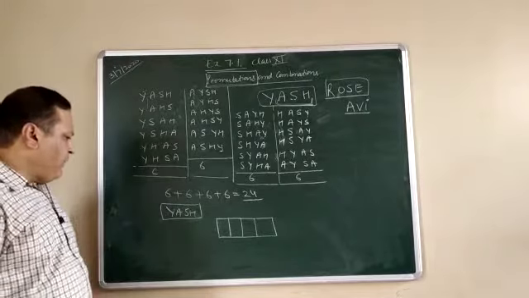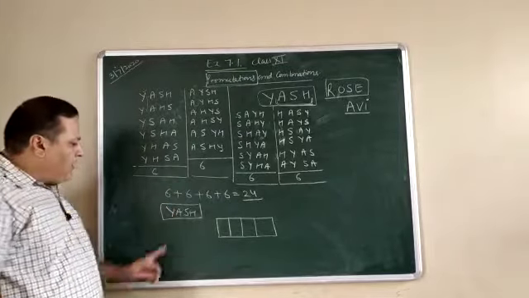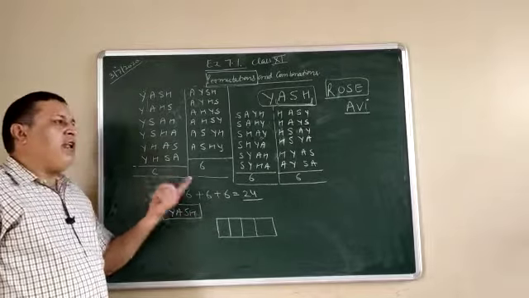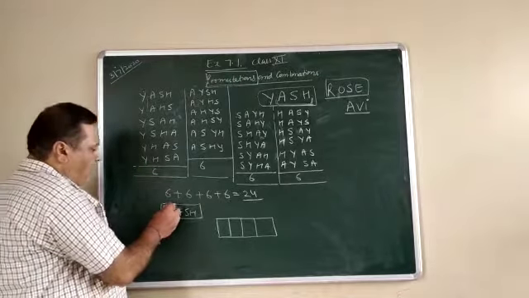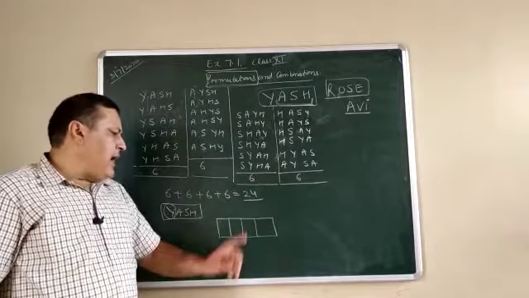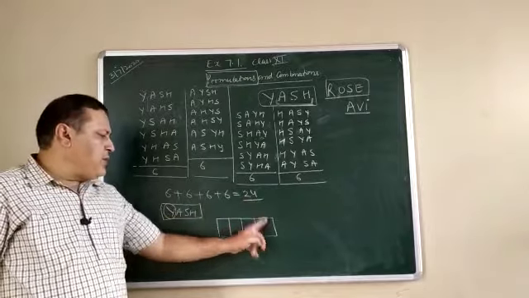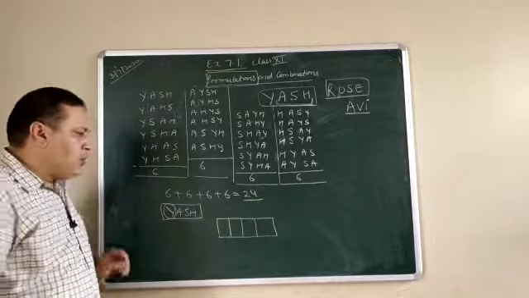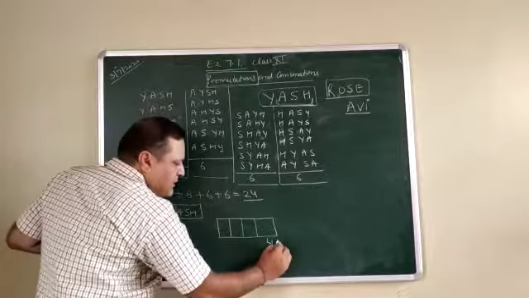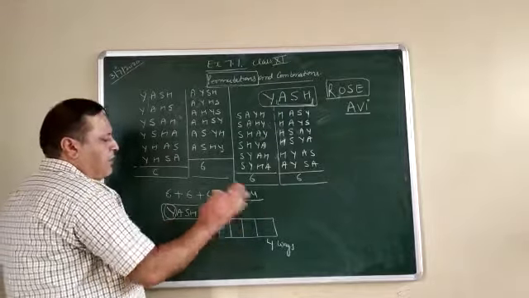So if a student wants to arrange any one of the alphabets, how many alphabets are available to him? 1, 2, 3 and 4. He or she can choose any one alphabet. For example, he chooses Y. Now he wants to keep Y in these 4 places. At which place can he put Y? He has 4 different options. He can put Y anywhere. So the first space can be filled in 4 ways. Out of these 4 boxes he can put the value in any one of the boxes.